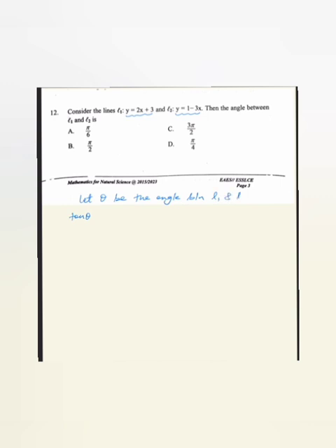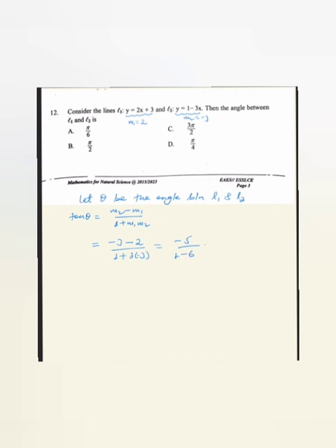angle between L1 and L2 ብንል ፎርሙላችን ምንድነው tan theta is equals to m2 minus m1 over 1 plus m1 times m2 እንደዚህ አይነት ፎርሙላ አለን m1 ማለት the slope of L1 ማለት ነው m1 is the slope of L1 and m2 is the slope of L2 which is minus 3 okay so ይሄንን ፎርሙላ በመጠቀም m2 minus 3 ነው m1 2 ነው over 1 plus m1 times m2 ማለት 2 times minus 3 ማለት ነው